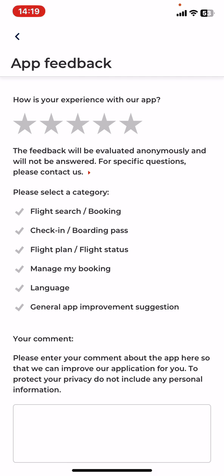So as you can see, the first question is your experience with the application. So if you were very satisfied, then you can just give a five star. If you were less satisfied, then obviously less stars. So this feedback is anonymous, so you will not be revealed or anything, and you can always contact them for